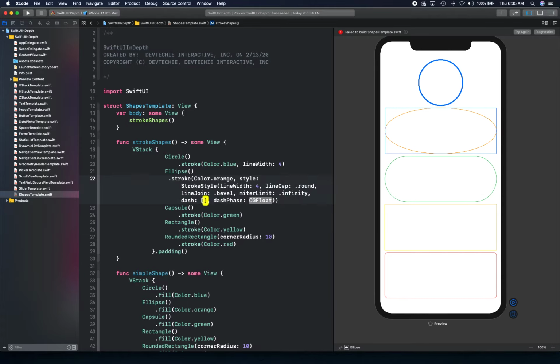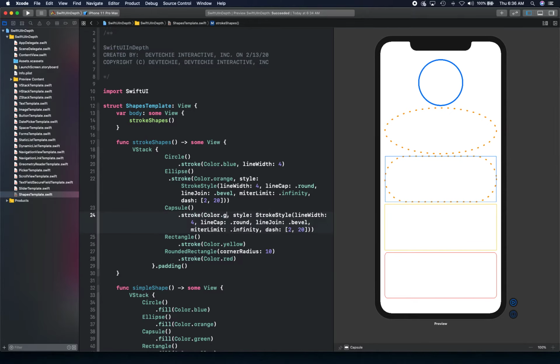Dash, there's a dash pattern if there are dashes that you want to provide. So 2 to 20. And dash phase we can actually skip. By the way, you can skip any of the parameters if you want to, and it'll create this sort of effect. Okay, so if I take this and copy it to the next one